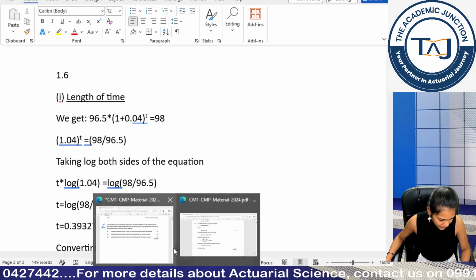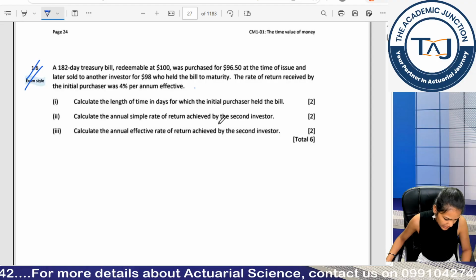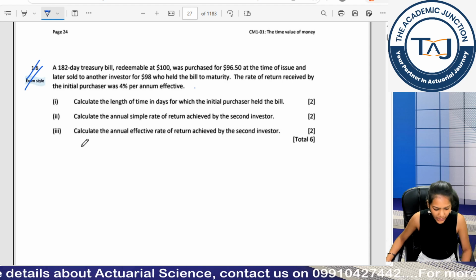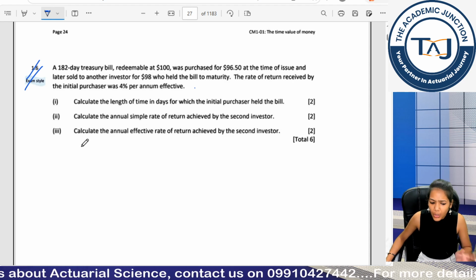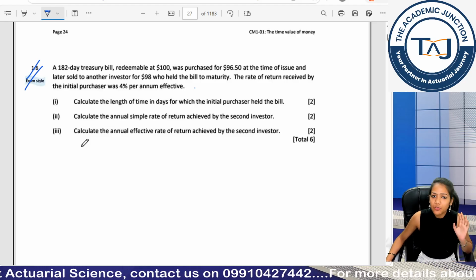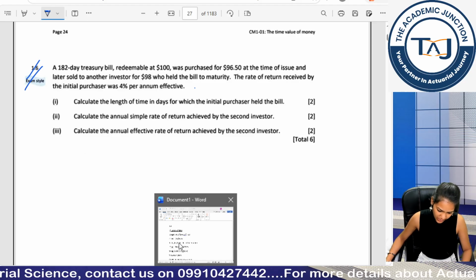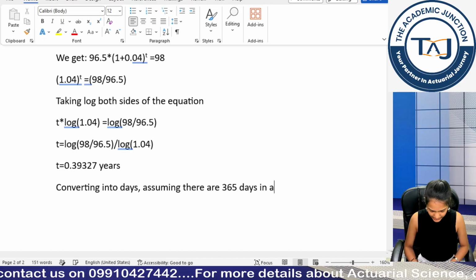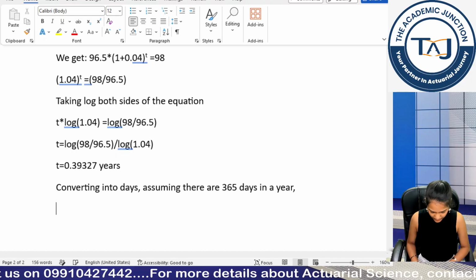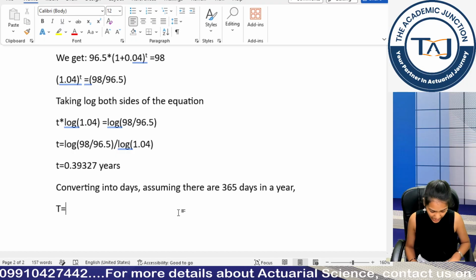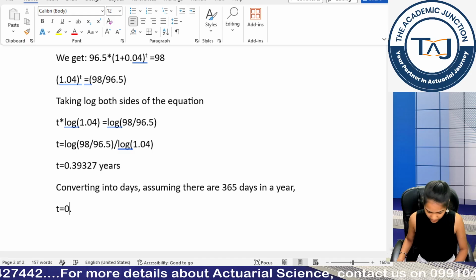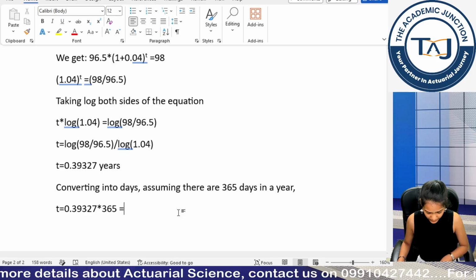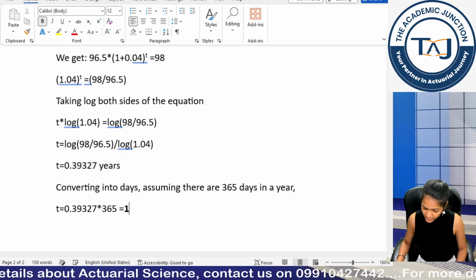Let us check first if it is given in the question or not. No, it is nowhere mentioned how many days there are in a year. So we can either assume 365.25 or 365. Whatever approach is okay, but you have to note it down in your script. So assuming there are 365 days in a year, t becomes, again it got capital, so I press Ctrl Z, equal to 0.39327 into 365 is equal to, now I will bold the final answer since it is my final answer,